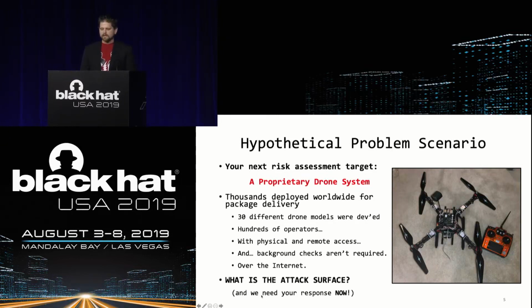packages worldwide. Hundreds of operators around the globe will manage 30+ different drone models that are proprietary, ranging in size, to deliver packages to cities around the globe. And they obviously have physical and remote access to these drones. The operating company decided they're not going to do background checks for these personnel. So control will be wireless, within the line of sight, or over the internet, and will be